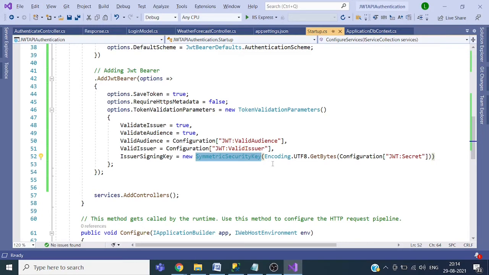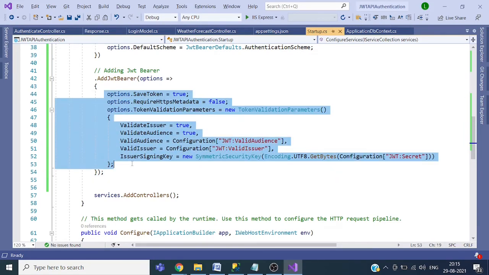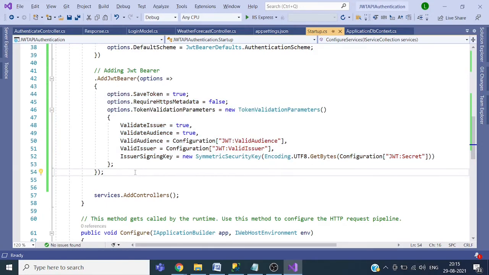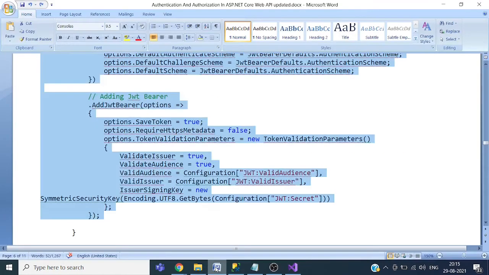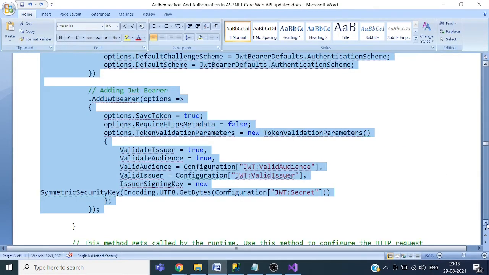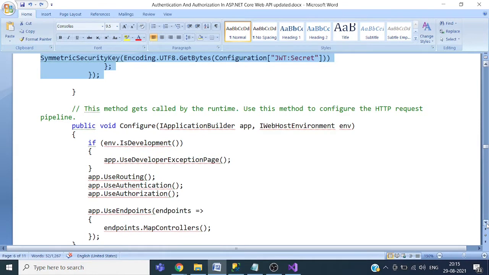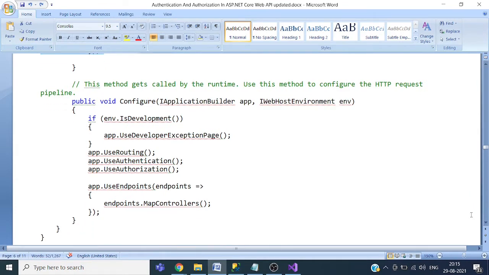So there is no tampering in the token data. It means the request is valid. So that's why we need to use the same key again. So this part will validate the JWT token on the server side. And then we need to add authentication in the pipeline.